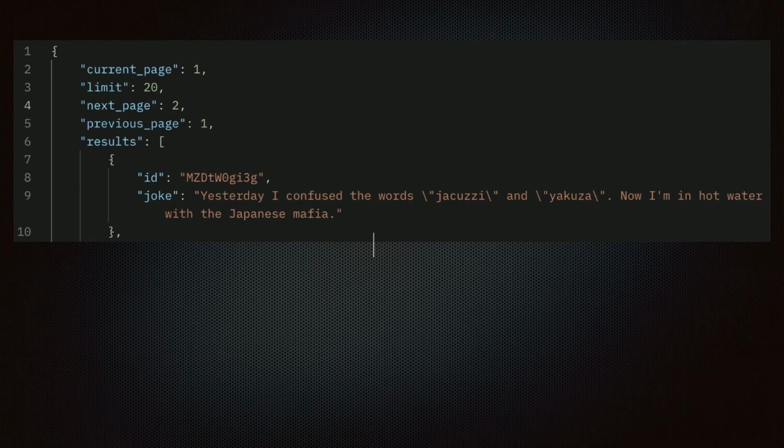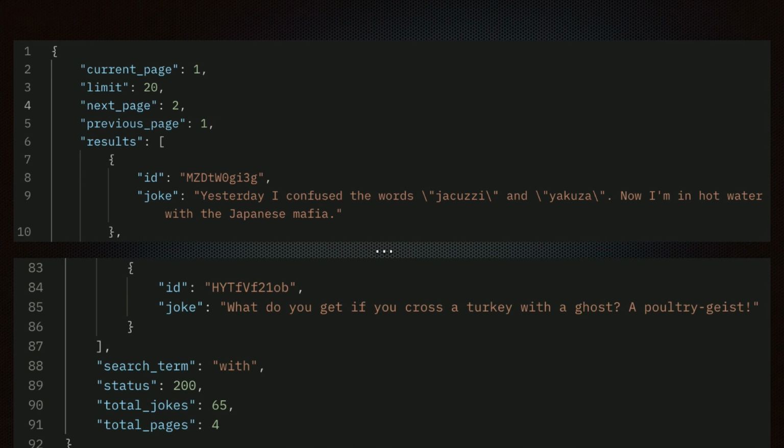But if you scroll down to the bottom of the results, you'll see other useful information. We have a count of how many results meet the search criteria, and a count of how many pages you need to request to get all of that data. You can go either way with this one. Either keep requesting pages until you get to the total pages number, or until you have as many results as you expect.